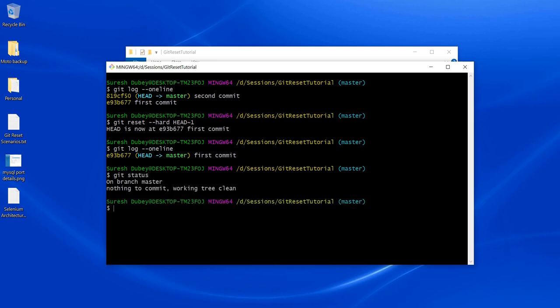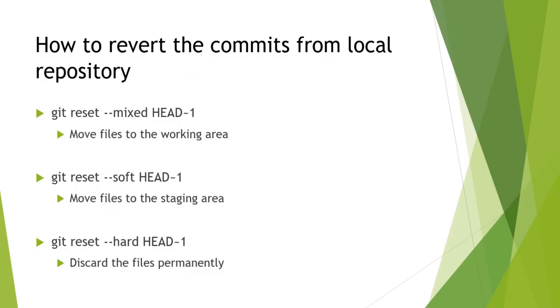I don't have anything, neither in my working area nor in my staging area, because the files which were part of this commit are removed permanently. So hard reset is a very dangerous command. If you are very sure that we don't need the changes of a particular commit, only then you should use hard reset. So let's review the commands once again.